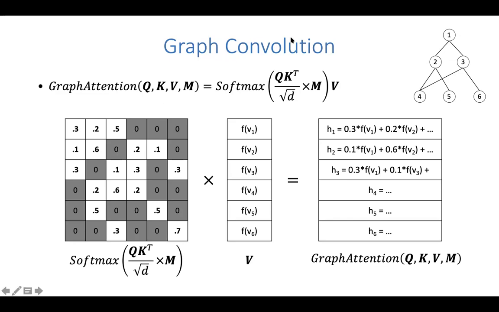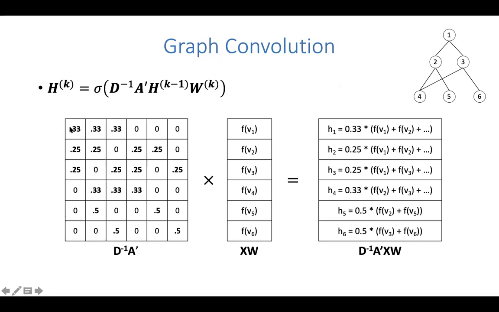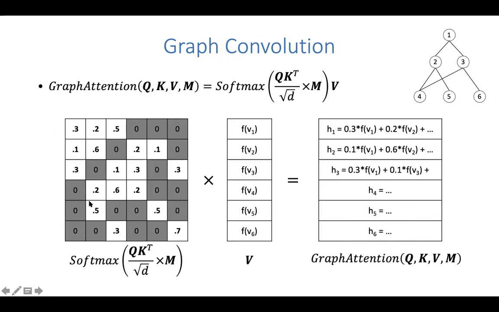is determined by the self-attention process. So it's no longer fixed, like a third, a fourth, 2/5, 2/5, 3/5. It's no longer like this. So it is dynamically generated on the fly based on the QK transpose operation. It's just that we only want non-zero attention probabilities to connected nodes. So once you do this, then you simply matrix multiply this with V, and